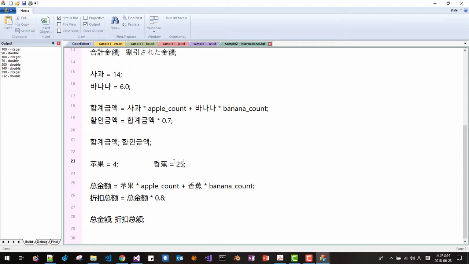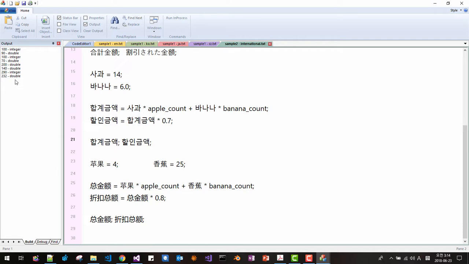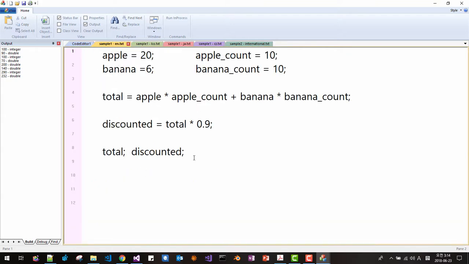At the end of the session, we will create this kind of program, and we will implement variables. This supports not only integer and double, as you see, but we can also define Boolean values. For example, total. We can compare like